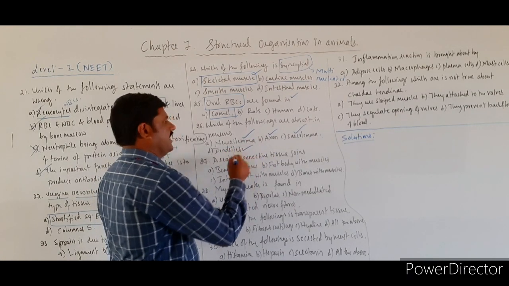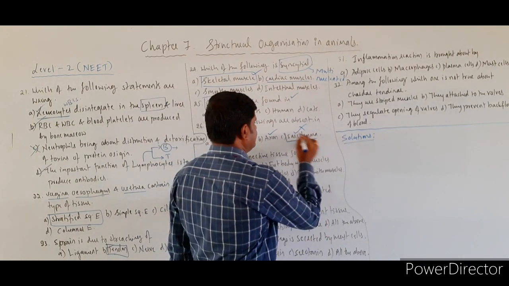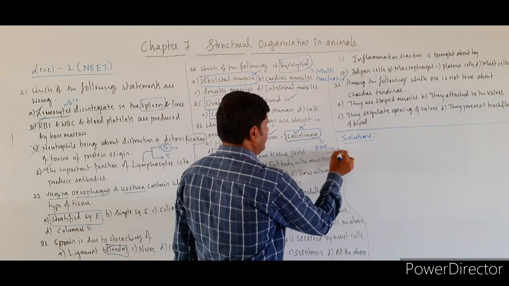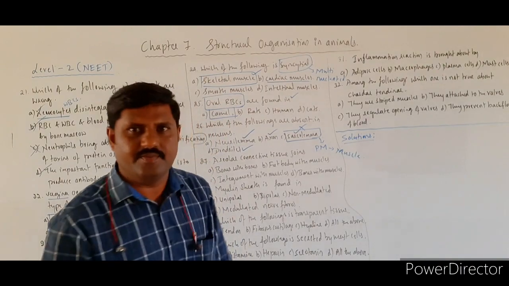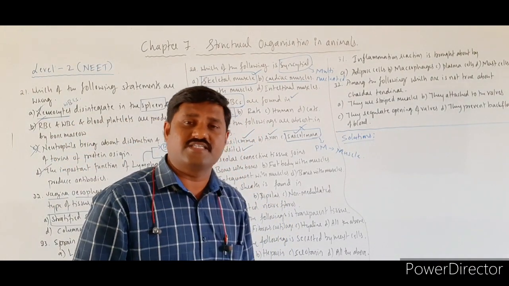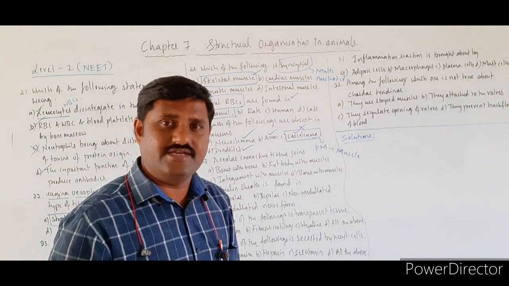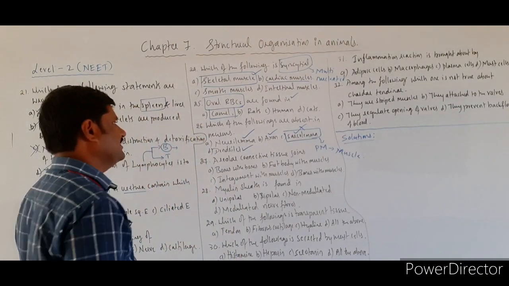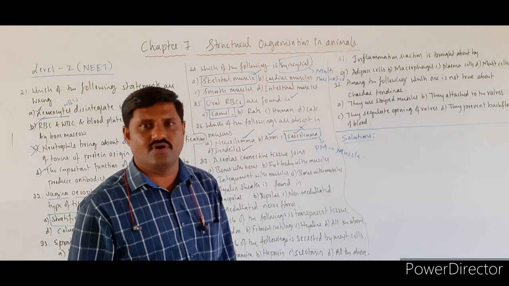And dendrites are also there, but sarcolemma is the plasma membrane that surrounds muscle fibers. Sarcoplasm, sarcolemma, sarcoplasmic reticulum are the structures related to muscles, right? In theory we have clearly studied all these. That's why the answer is sarcolemma, which is absent in the case of a neuron.